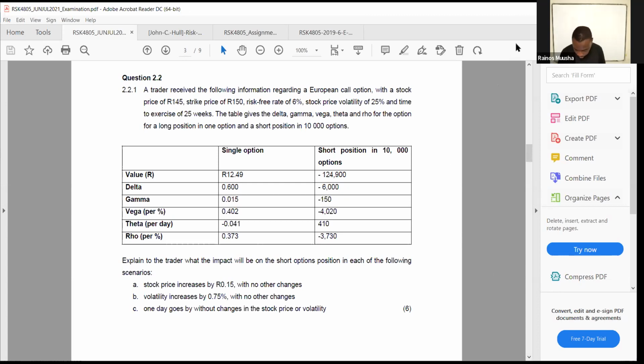So if the change in the stock price affects our gamma and our delta, it would mean now we need to find out exactly what the increase in the stock price of 0.15 rand is going to end up affecting. Explain to the trader what impact will be on the short options position in each of the following scenarios. So they're asking us to find the effect on the short option position in the scenarios where the stock price increases by 0.15, isn't it? So to answer your question,